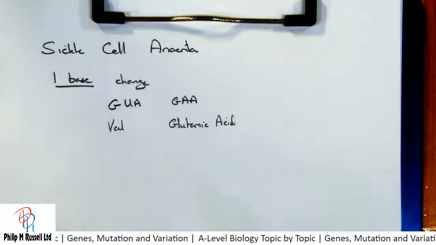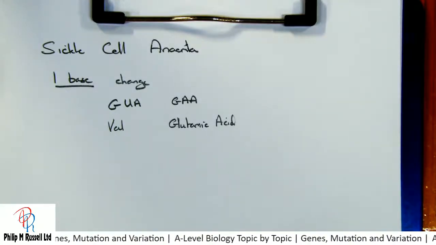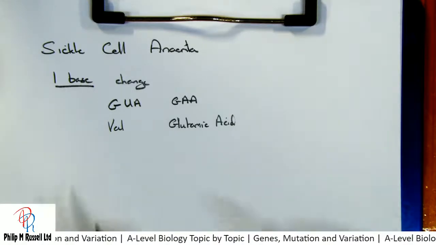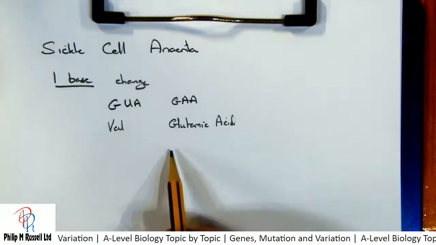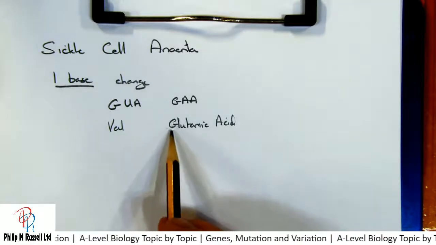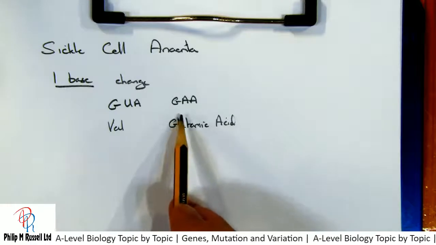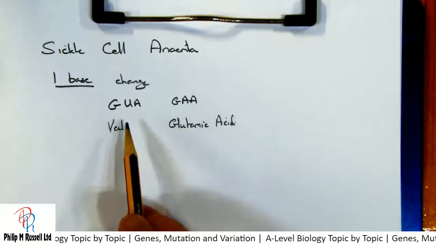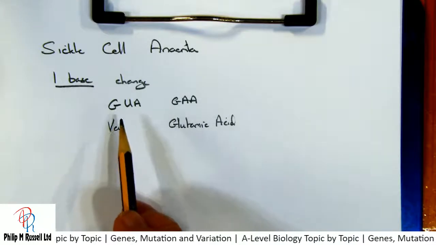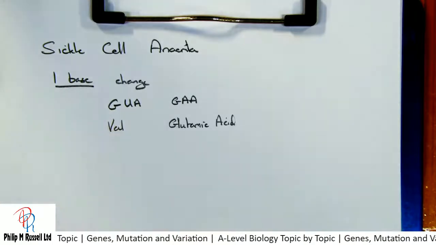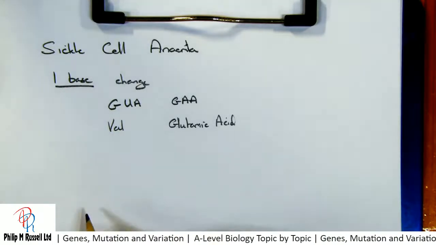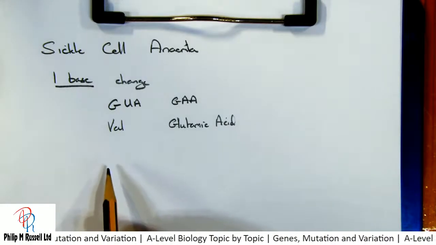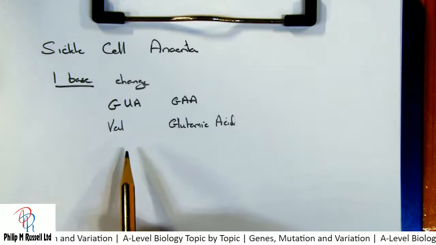These amino acids look remarkably different. They are charged differently, and so instead of having the non-polar valine, you get polar glutamic acid at this point. This small change has got an absolutely devastating effect on the functioning of the molecule. It makes the hemoglobin less soluble, and when oxygen levels are low, these molecules form long fibres that stick together